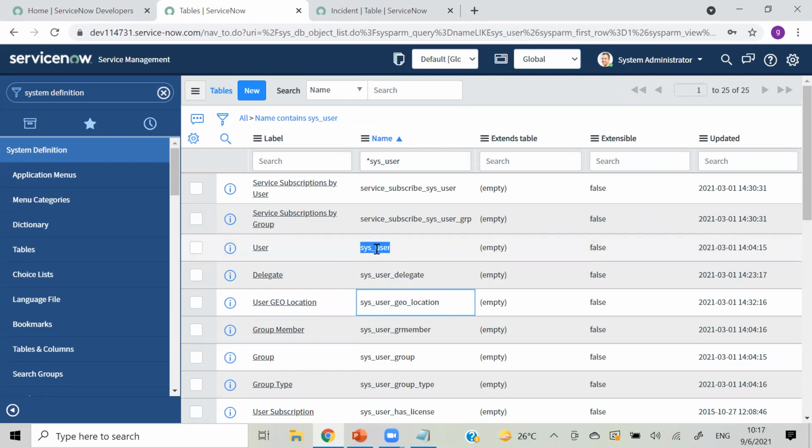And similarly we have groups. If we want to add a user to a group, it will create a relation between that user and group. This is the table for that, where we will have the group name and the name of the user who is a member of that group. So all the tables which start with sys are called system tables or core tables.